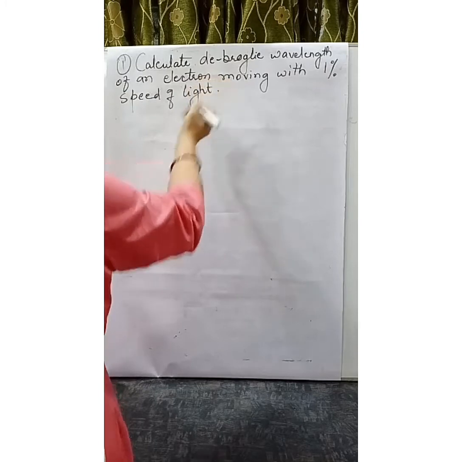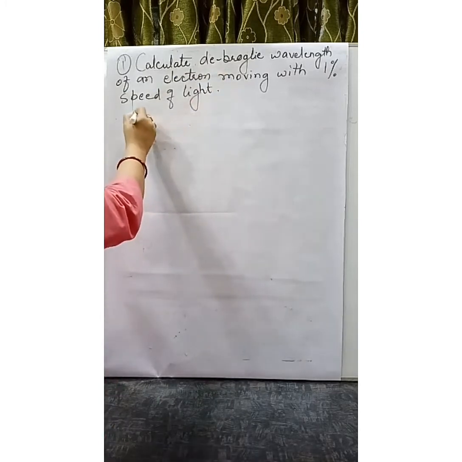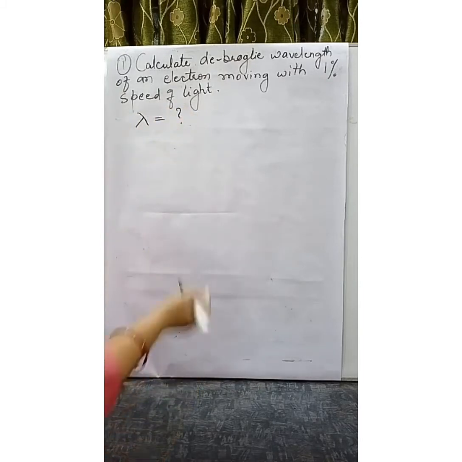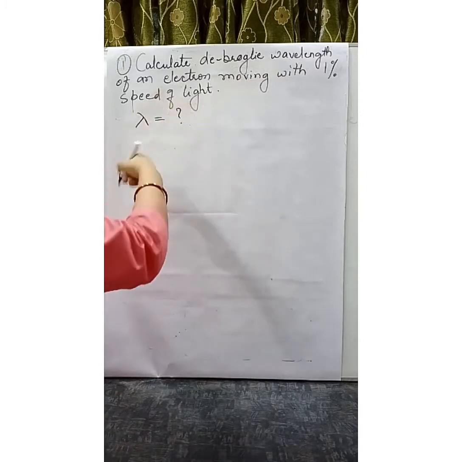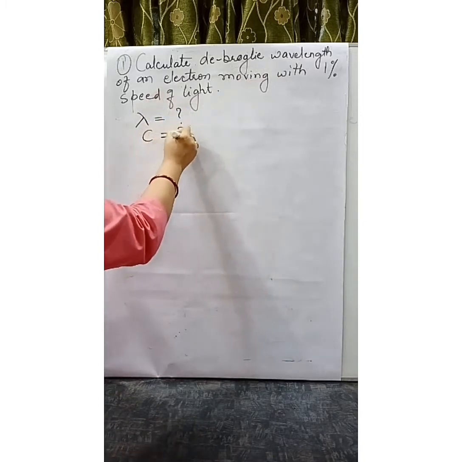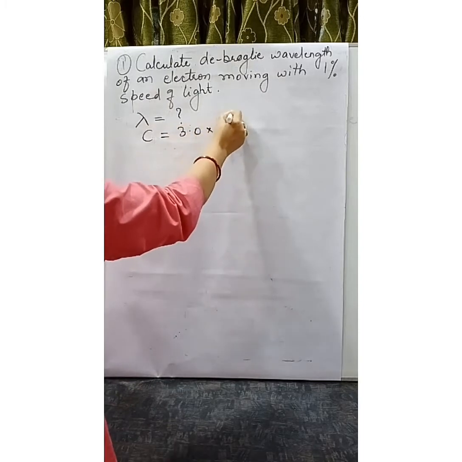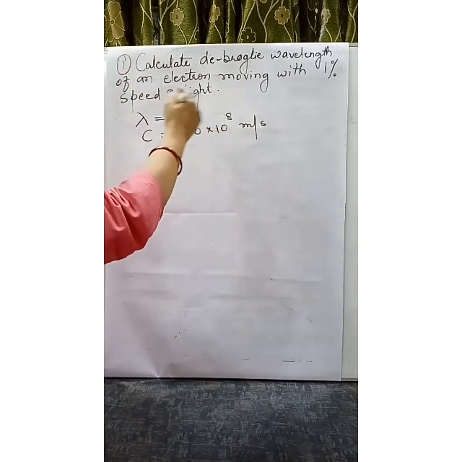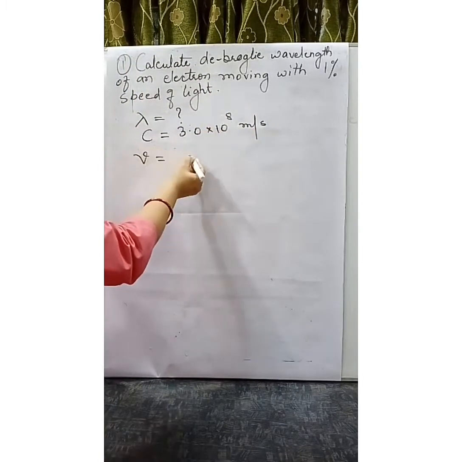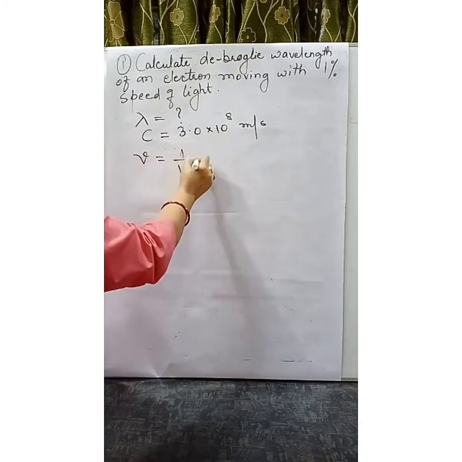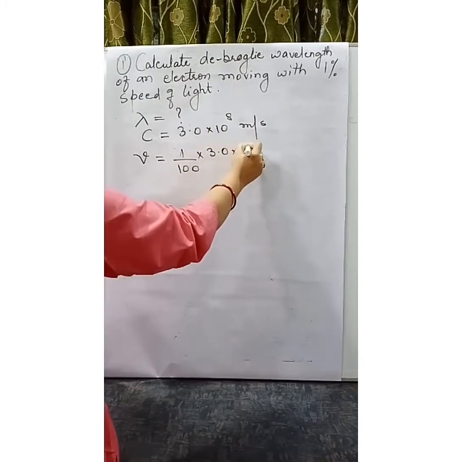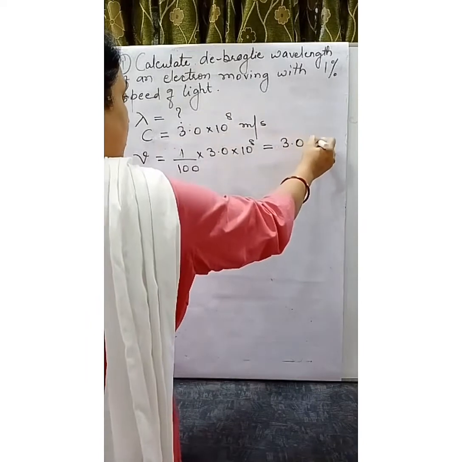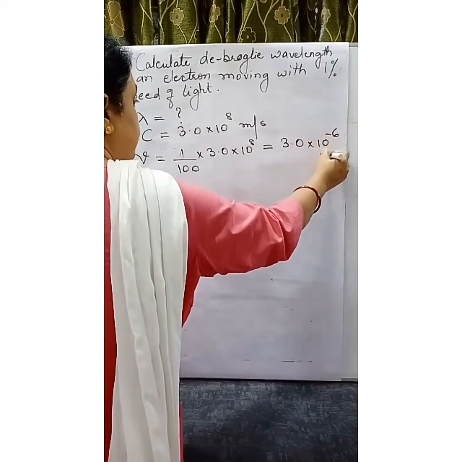1% the speed of light. Let us put down the given. We have to calculate de Broglie wavelength, so lambda we have to calculate, right? The electron is moving with 1% speed of light. What is the speed of light? 3.0 into 10 to the power 8 meter per second. So velocity is 1% of this, which means 1 upon 100 into 3.0 into 10 to the power 8. When you solve this, you will get 3.0 into 10 to the power 6 meter per second as